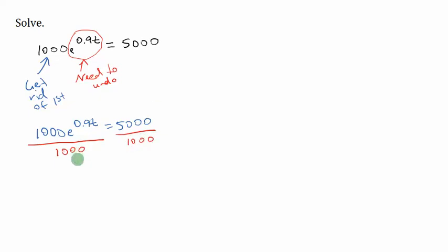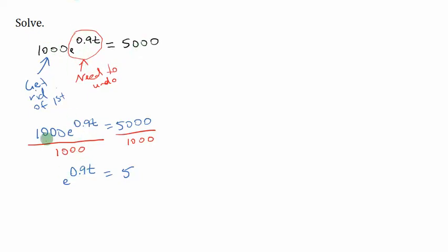And so what remains on the left side is just e to the 0.9t, and on the right side I have 5. Now I can go about taking the exponential apart. The idea is you always want to isolate the thing that you need to work on. In this case, the 1000 wasn't a big deal. You could get rid of it, and then you could work on the heart of the problem, which was the